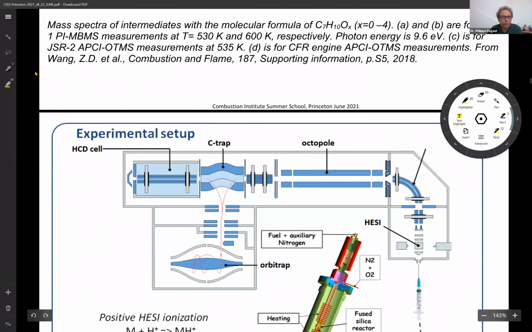And this is the system that we use right now in my group. So we have a jet stirred reactor, which is located inside a pressure resistant housing here. We have here the heating wires around the reactor. So we feed the reactor with the fuel diluted by nitrogen, which is sent to a capillary that goes up to just before the entrance of the reactor. And in parallel, we send a mixture of nitrogen and oxygen. These two flows reach the mixing point here, and then they go through the injectors and enter the reactor. They react, and from the bottom we can move a sonic probe, which will probe the